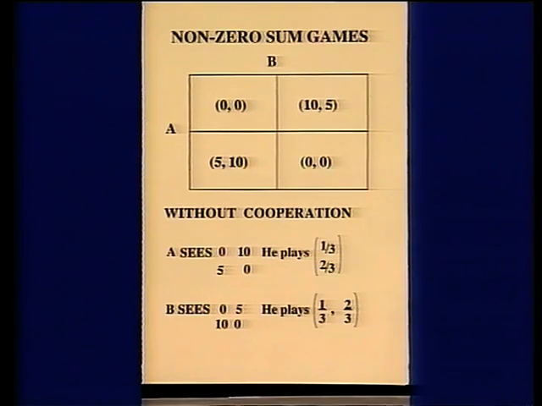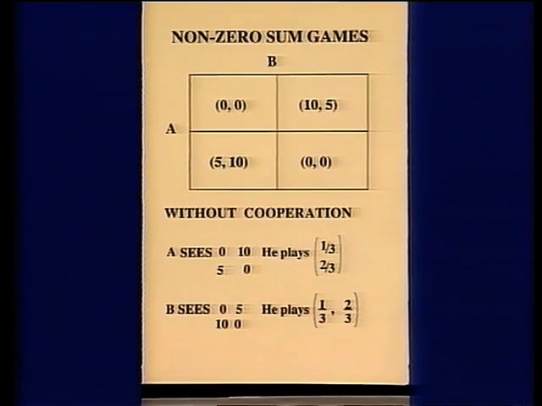Supposing we have no cooperation whatsoever. A sees the first coordinates. Those are his payoffs. And the methods we've considered earlier suggest he mixes 2 options in the row in 1/3 to 2/3 proportions. B, on the other hand, sees the second coordinates, and he decides to mix his strategies in the ratio 1/3 to 2/3, and by that each player is able to obtain a profit of 10/3 from the system.